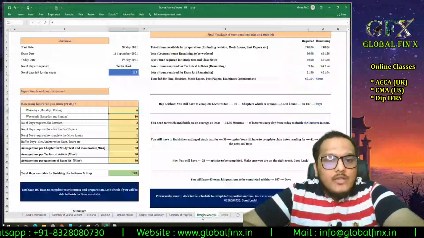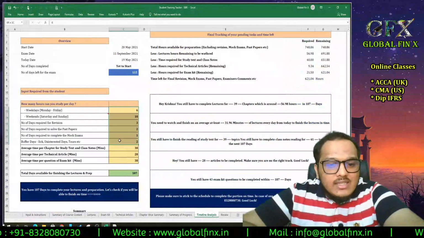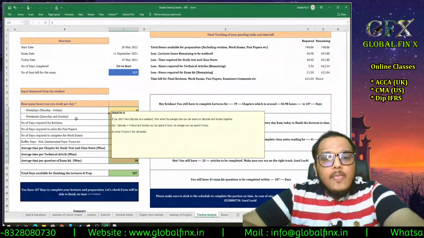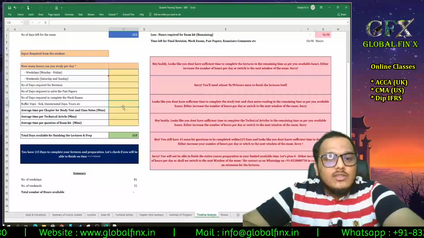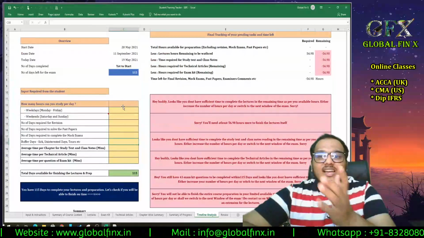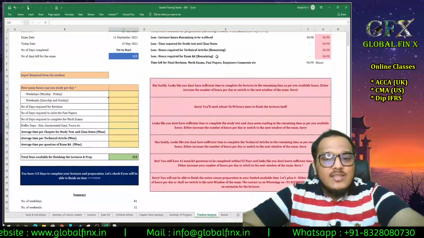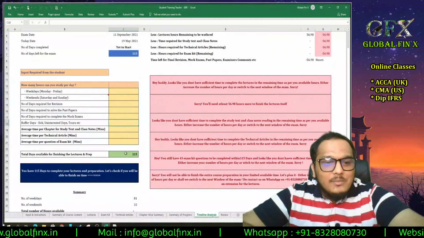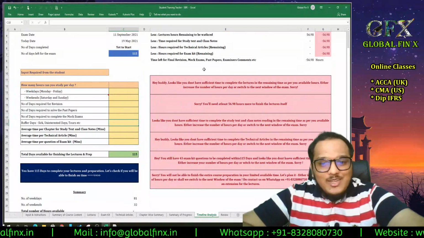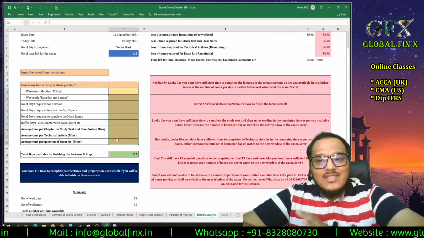Okay, so I'm going to go back to timeline analysis. These are the cells that I have to enter the data. So when you get the blank database, it is going to look like this. What is it trying to tell you? Why is it all red color? Basically it's very simple. It is trying to tell you that you have to fill the data in these particular cells. That's all. Please enter data in these cells.